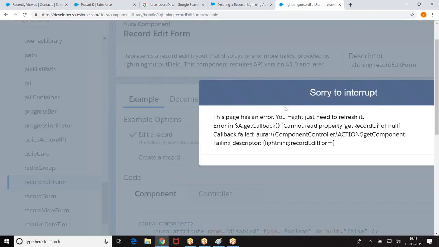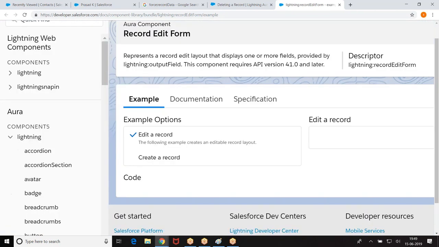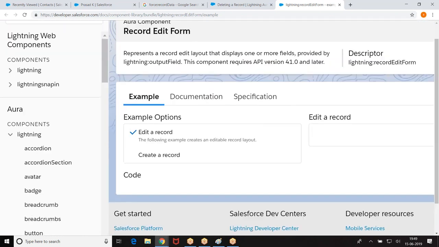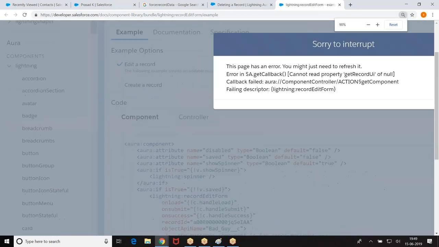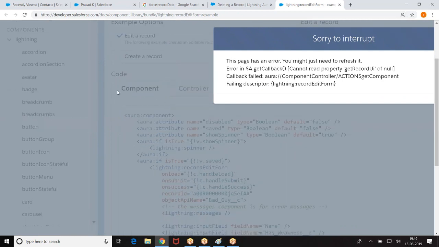This is the first thing that we have seen. Record view form we have seen. This is to open any particular record in the view form.